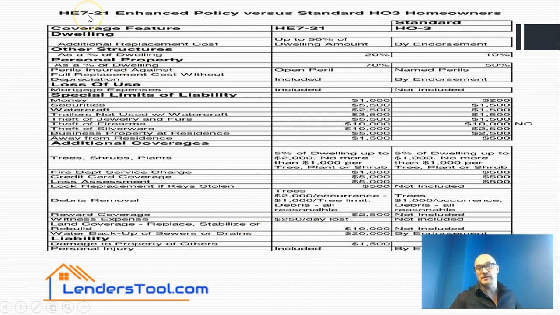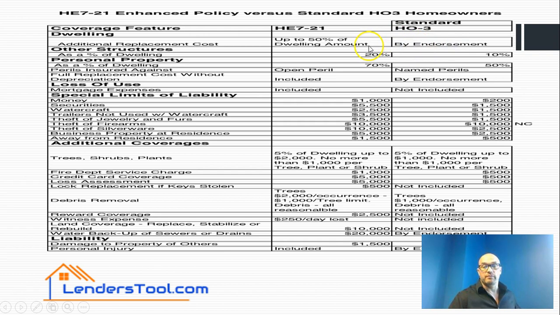I'm not going to really dive into the HO5 since it's kind of stuck right there in the middle and not typically the most competitive. But on an HE7, when we put the 21 endorsement on there, which is what we always do, and I know that's kind of techno-garble, just know that when we do an HE7, that's how we do it. Versus your standard HO3 policy, you're going to see that additional replacement cost is going to be built in by a standard usually of 50%